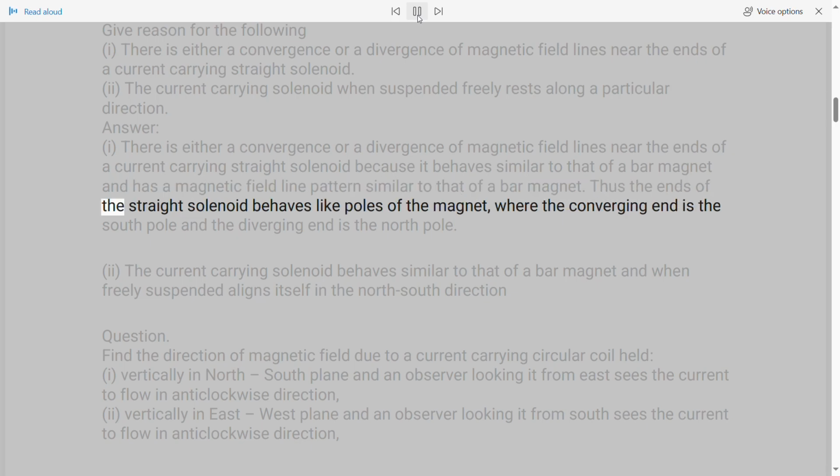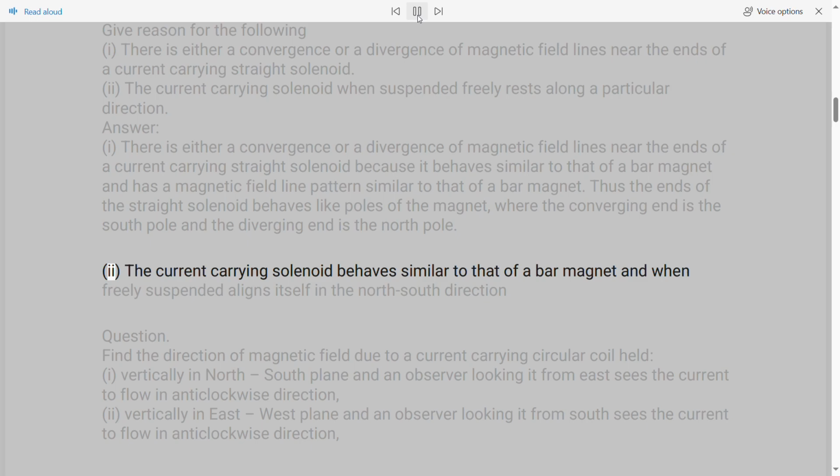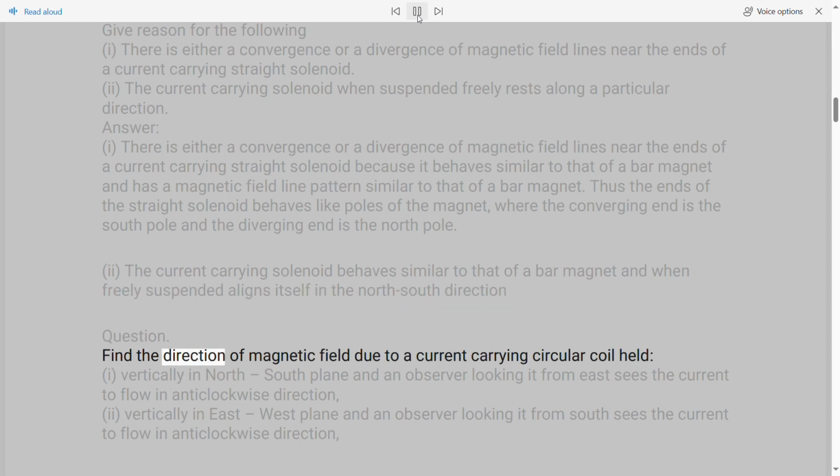Thus the ends of the straight solenoid behave like poles of the magnet, where the converging end is the south pole and the diverging end is the north pole. 2. The current-carrying solenoid behaves similar to that of a bar magnet and when freely suspended aligns itself in the north-south direction. Question. Find the direction of magnetic field due to a current-carrying circular coil held